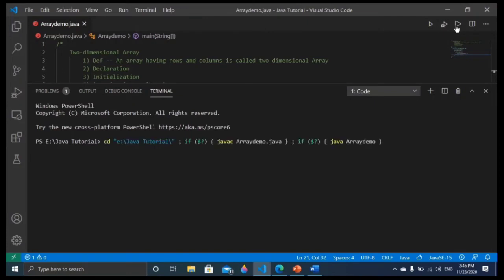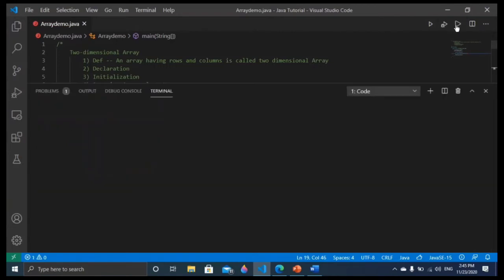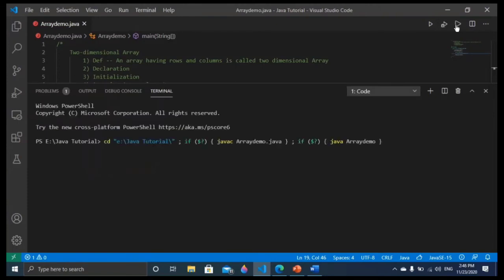Let me show you, friends. You can see here, friends, it is going to print 0 0 0 0. Why 0 0? Because I have just declared, I have not given any value inside this, right? So this is called the two dimensional array, or we can say the matrix. Let me put here backslash t, so that there will be more space. Okay, and if I run, you can see the 4 rows and 4 columns. These are the columns.